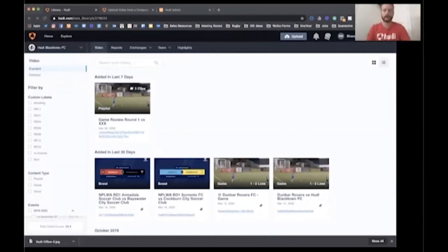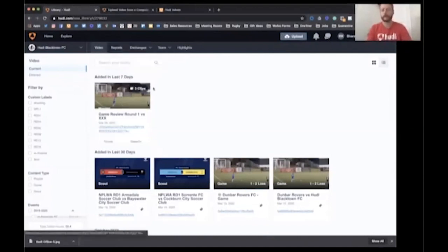Everything can live together. And there are highlight tools here, which once we get back in season, anybody who's going to be using the platform will get automatically generated highlights for any game that we tag, as well as having the ability to add some cool effects over the video and share those on social media. You can exchange video with other teams in your league or with anybody else that uses Huddle without having to download and re-upload the video.